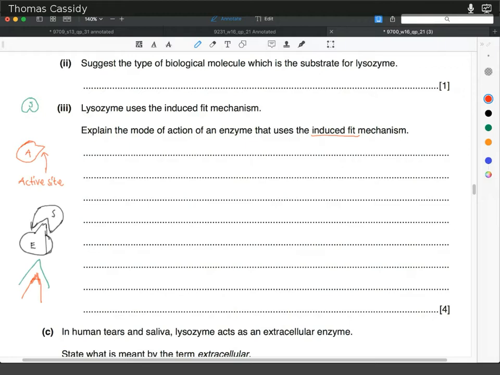The key points you're hitting here are that the active site on the, I'll change that to an E, on the enzyme and the substrate aren't exactly complementary, but will be,